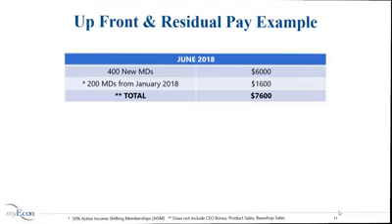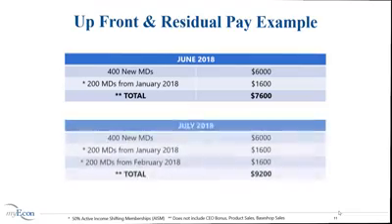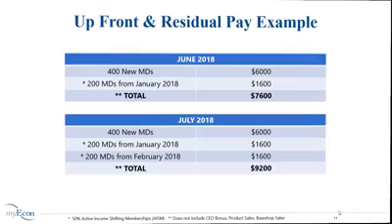Notice that you did not do anything extra for the $1,600 because that is the money from the people that were sponsored 6 months earlier. Let's see what happens the next month. In July, your group grows by 400 new associates again, but this time you're getting paid Dream Team residuals for the January and February sponsors. Again, we factor in a 50% attrition. Your income grows by another $1,600 and your total earnings for the month is $9,200.